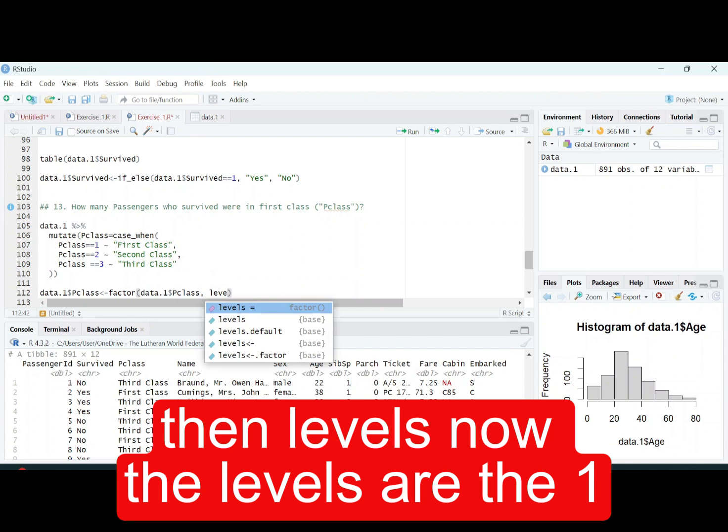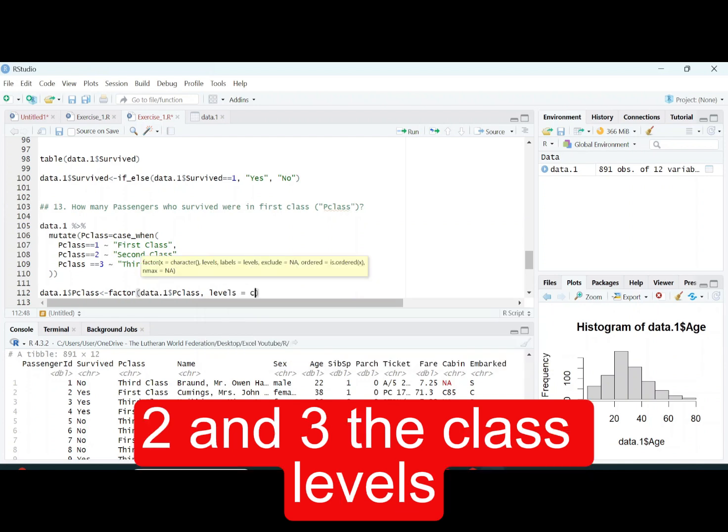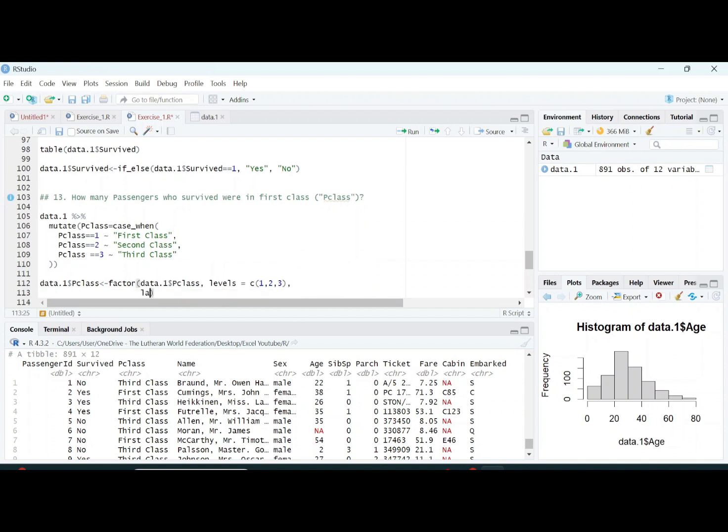Now the levels are the 1, 2, and 3, the class levels. Then the labels are first class, second class and third class. Then I say labels